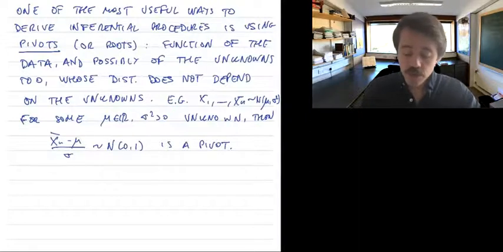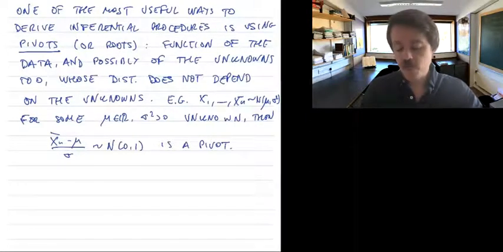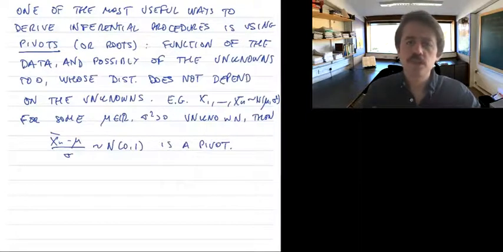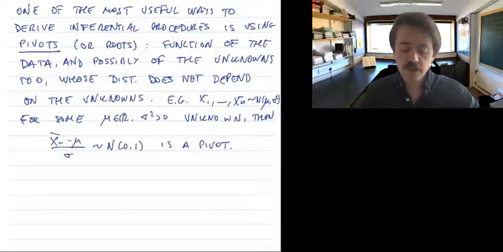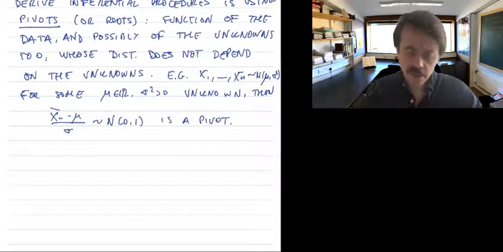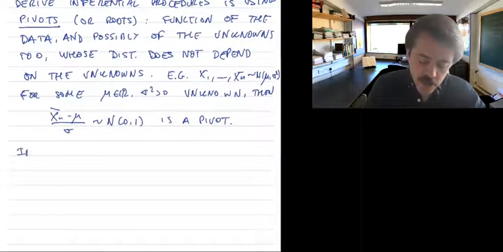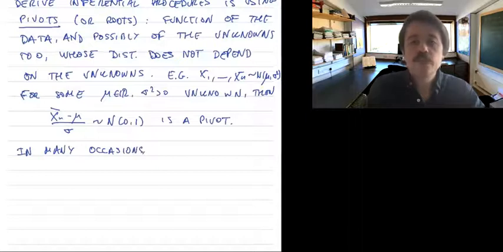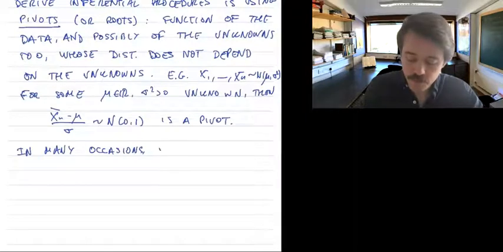Okay, so now that we have a pivot, we may use it, but in many occasions it may happen that because it depends on the unknowns, we cannot use it directly, right? And we need to substitute some of the unknowns by some estimators or something like this. So in many occasions,